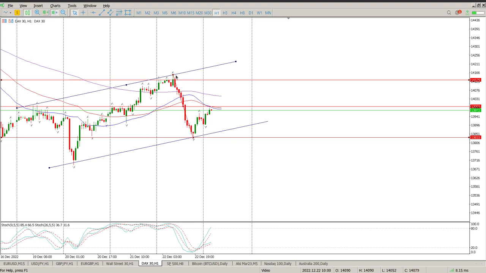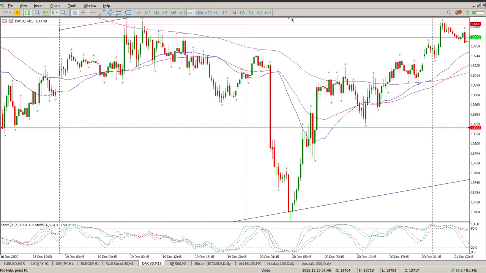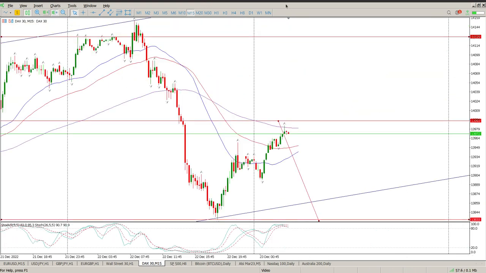Okay, so there's our first move down. We're expecting a rejection off this area here. And then if you draw your lines along the top and bottom, there's a bit of a flag. So it's a poor flag setup on an hour, but if you look at this on a 15-minute chart, you'll probably see more than